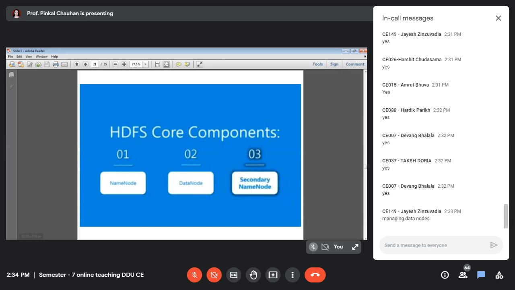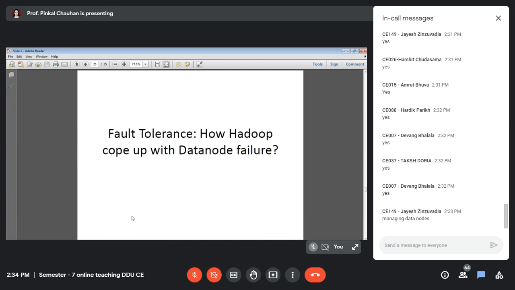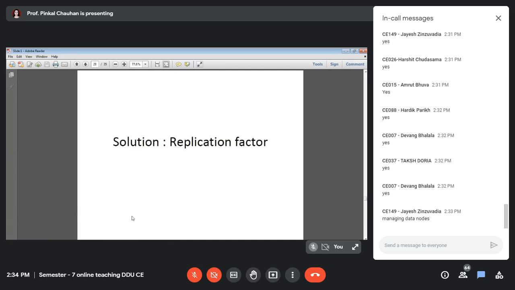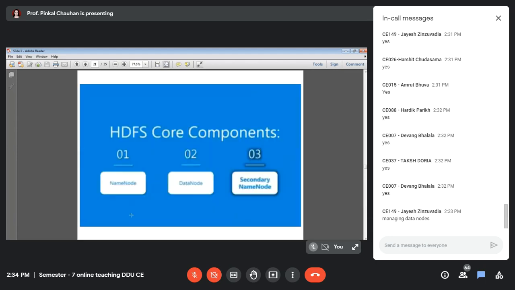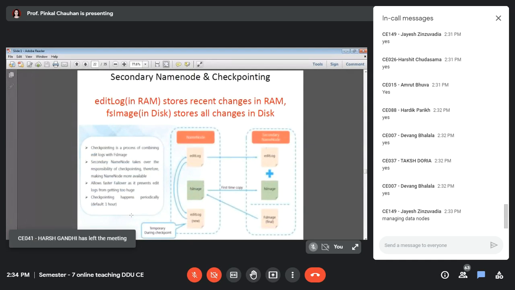So is there any doubt in checkpointing? So name node, data node, and checkpointing. This is what we have discussed in the last class. So everyone is clear with checkpointing or not?